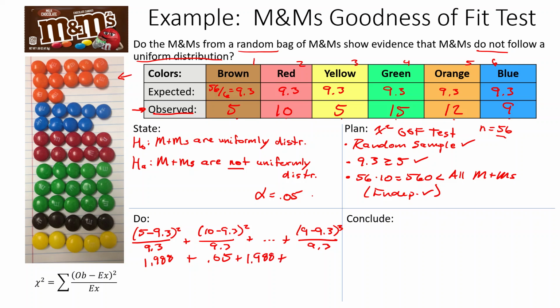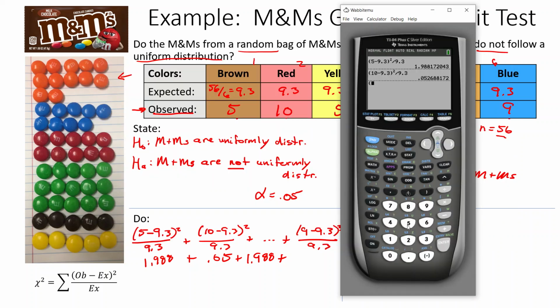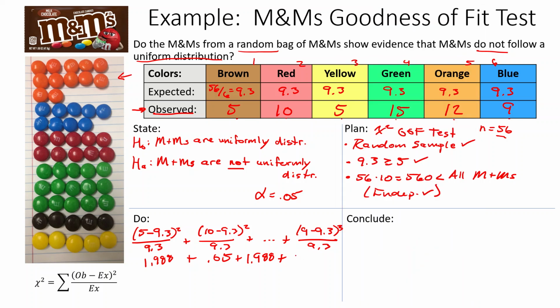By the way, each of these numbers is called a contribution to the chi-squared value. So this is how much this one contributes. This is how much this one contributes. This is how much the yellow contributes. For green, the contribution is going to be (15 minus 9.3) squared, divided by 9.3, 3.49,